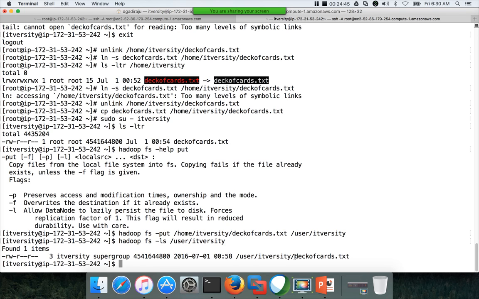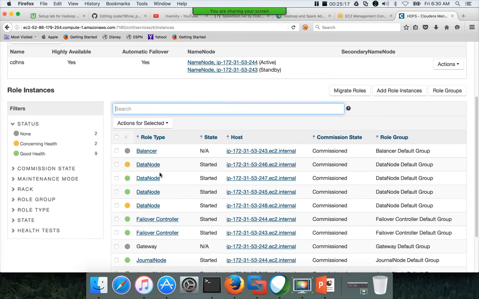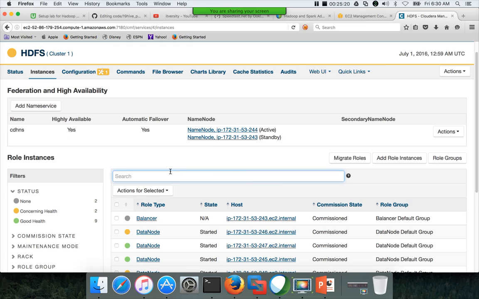Now if I go to any data node, as I have explained, the 4 GB file will be divided into blocks, and those blocks will be stored physically in these data nodes. If you log into any of these data nodes and search for that file name deckofcards.txt, you will not see it. The reason is the physical component which is stored in data nodes to represent that file is called a block, and each block will get a block ID. I will show the details of those blocks in a moment.